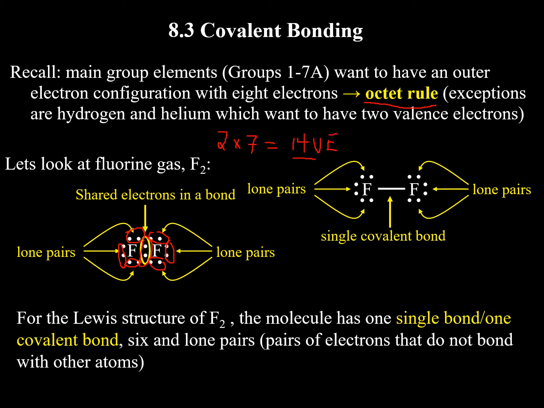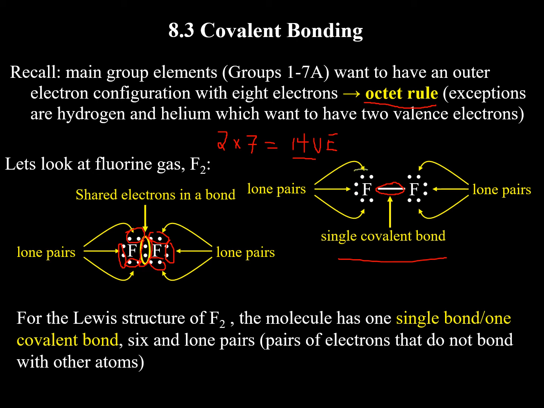So let's slide over to the picture on the right here. We have a bond here, which is made up of 2 electrons, sharing of electrons. We used up our 14. Now we want to make sure our octet rule is satisfied, meaning each element has 8. So let's look at the